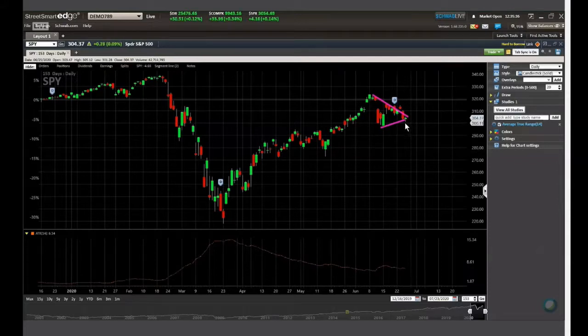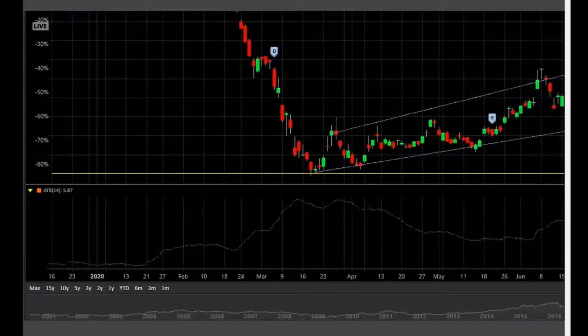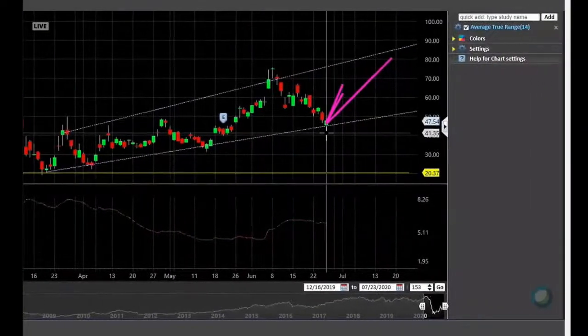You may have put your stop in there a little bit too tight, and so that's where the average true range comes in. And you can do this for any position. If we go back to Royal Caribbean, they've got an average true range. So where do I put in my exit? Maybe you don't use a trailing stop on this one, but you say I'm looking for a break below this price line. How far below? Average true range, $5.87. So we start here, I come down $5.87, somewhere around the 40 mark.